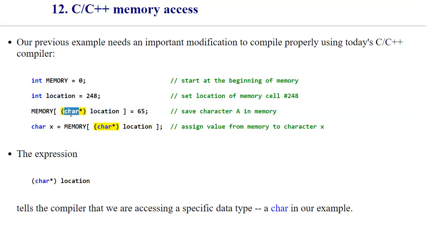Because remember, when we're specifying just memory addresses like this through zeros and other numbers, the compiler has to know what kind of objects we're trying to update in memory. A character would be 1 byte in size, an integer will be 4 bytes, and a double will be an 8-byte object. So therefore, a compiler really needs from us a clarification on what kind of location this is. And this is the syntax that's being used